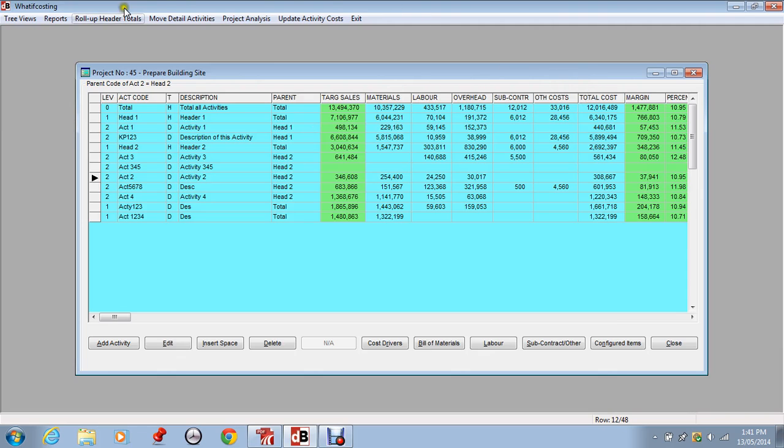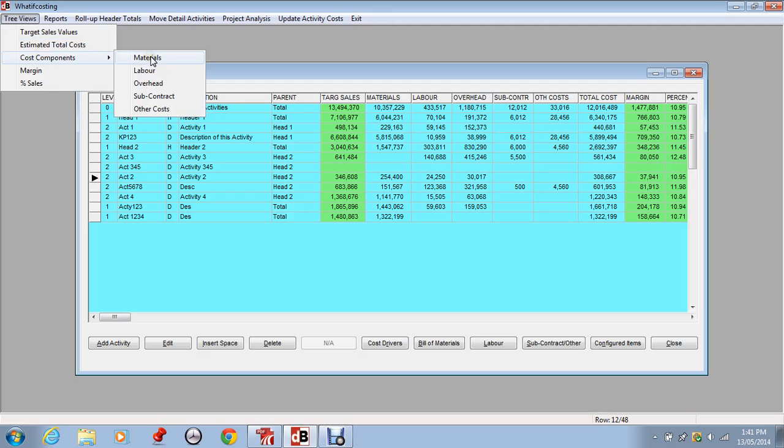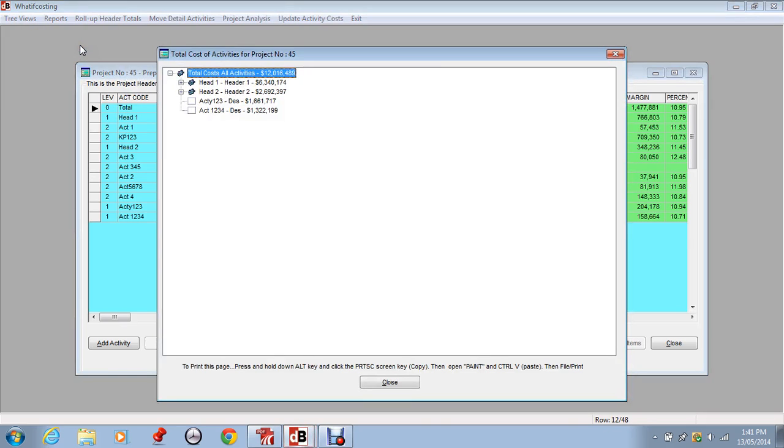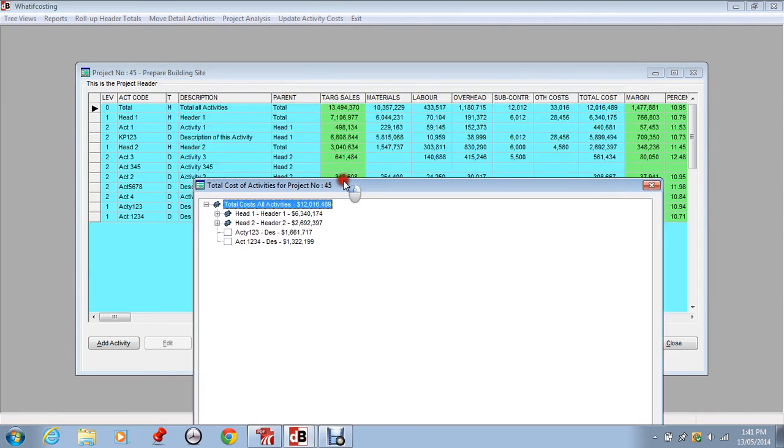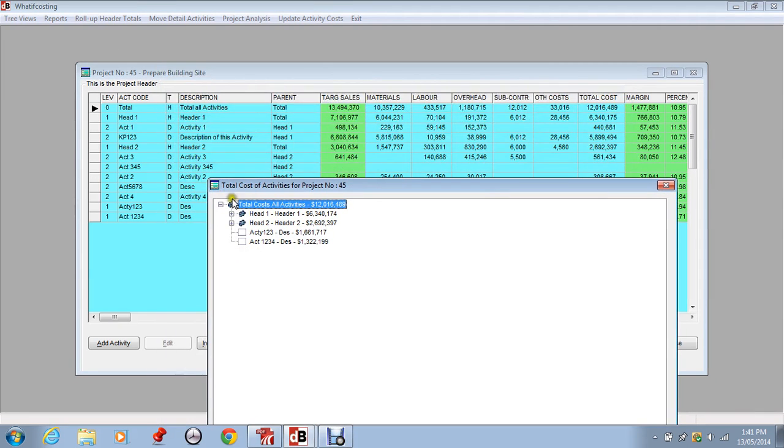Now, the first thing I want to show you is tree views. Click on tree views. You can view at one time any of the cost components, materials, labour, overhead, subcontract or other, in a tree view. We will look at the total costs. So we have the total cost here, and what it is showing is the contracted headers, just the header totals, header 1, header 2, and then the two activities which are linked to the total directly, which don't have a